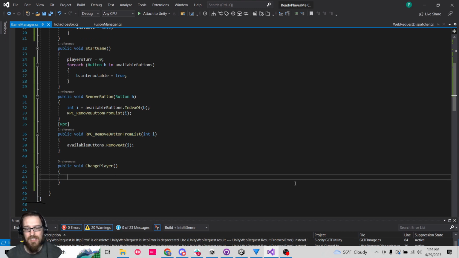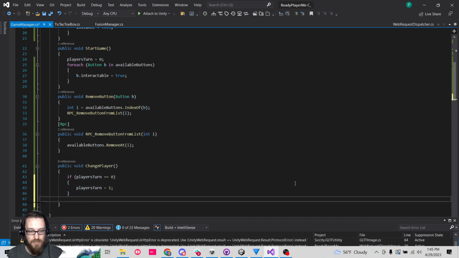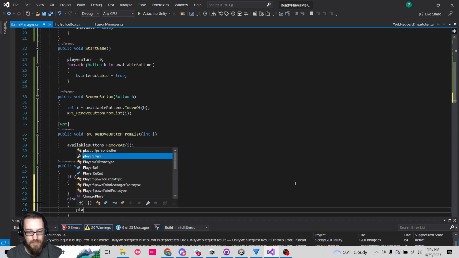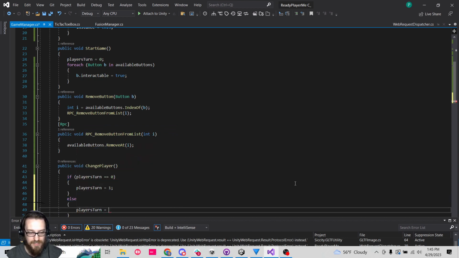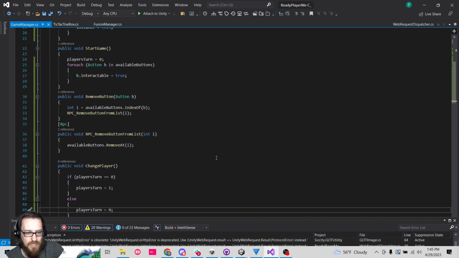So how are we going to change players? I feel like this is going to be pretty easy. If playersTurn is 0, set playersTurn to 1. Else, playersTurn needs to be 0. Okay, and so after we change that,